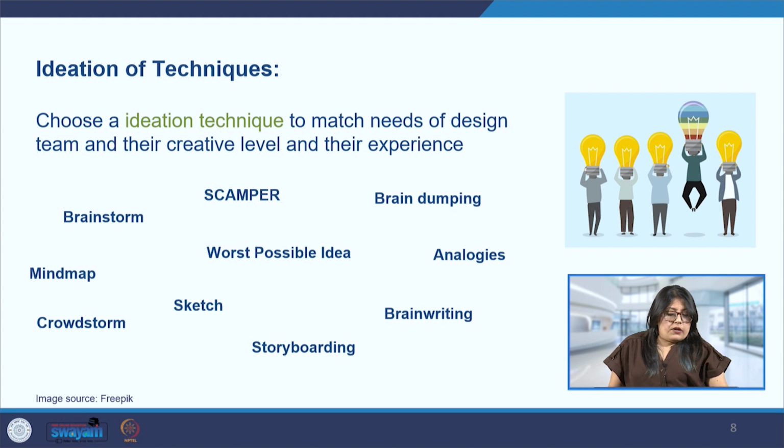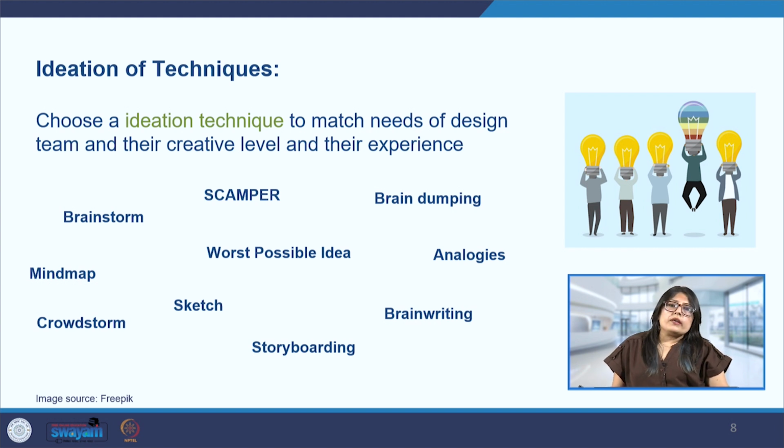Some of them here we are aware of, like brainstorming, mind mapping, sketching. Analogies are putting two things together. For example, if I say children are like sponges. Of course the physical structure of a child is not like a sponge, but their brain is considered to be a sponge because they soak up whatever information they get. So here we are equating a child with a sponge when it comes to absorbing information. So we have to be very careful what we are saying in front of a child. Similarly, in the ideation stage of design thinking as well, we can put two things which are very dissimilar together to come up with something interesting.